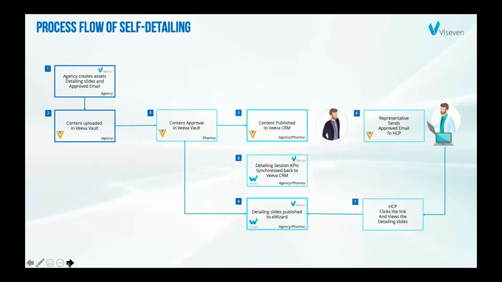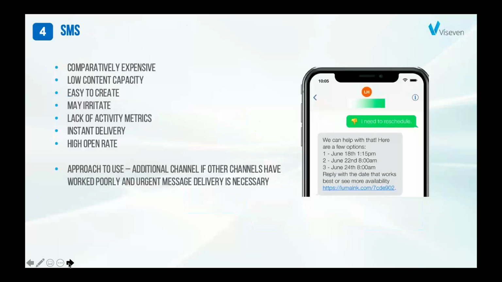So we gather all these KPIs and metrics, and after that it's pushed to the VEEVA CRM, to the timeline of this particular HCP. This information can be used by the rep and by all other specialists who are communicating with the HCP, analyzing their activities, field sales force activities, sales force effectiveness, and so on. So this is the main schema of this self-detailing.